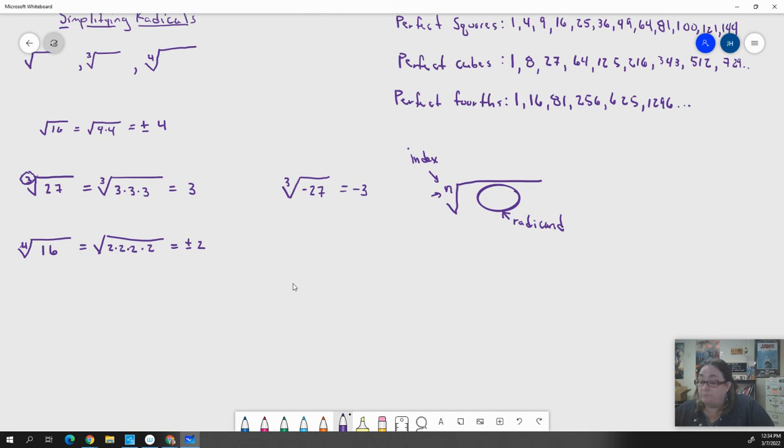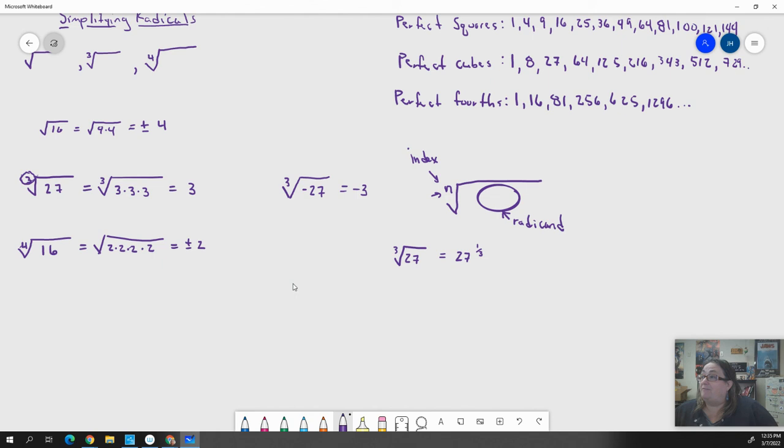And if we wanted to look at things in terms of the radicand, like say I have the cube root of 27, I can actually take that out of the radicand and write it as 27 to the 1/3 power,